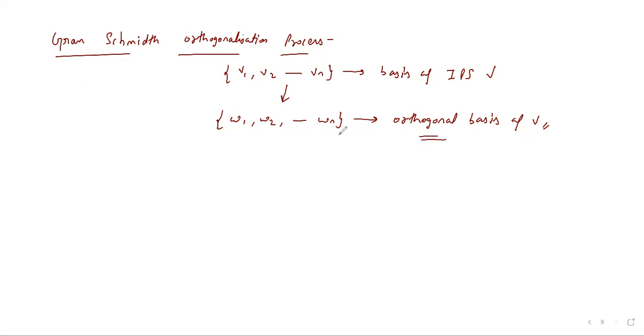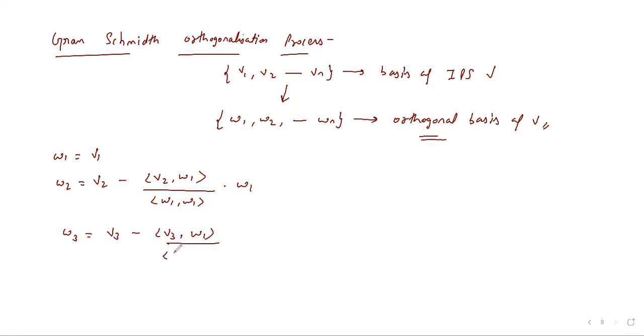So we are constructing those bases of V. Let's see how we do that. For that, W1 will be equal to V1, and W2 would be equal to V2 minus (V2 comma W1 upon W1 comma W1) into W1. The third orthogonal vector would be V3 minus (V3 comma W1 upon W1 comma W1) into W1 minus (V3 comma W2 upon W2 comma W2) into W2, and similarly going on to Wn, we have